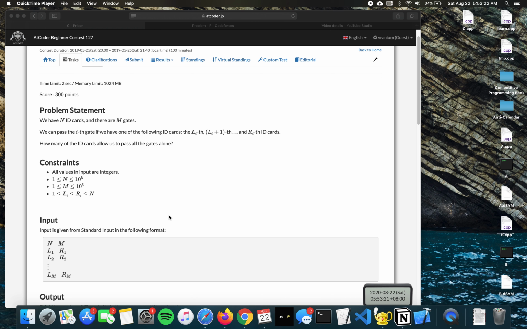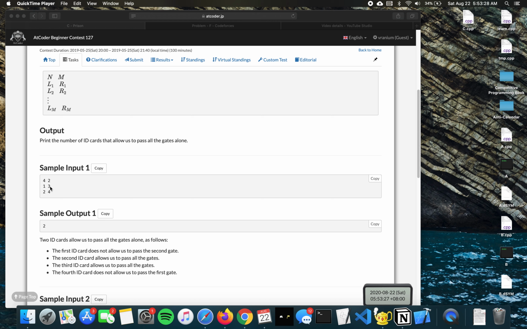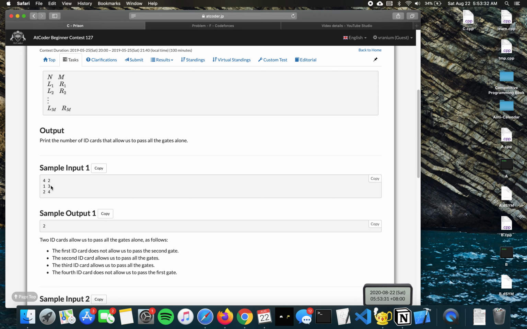Okay, so in the first line, we're given n and m, which is the number of cards and the number of gates. And then in the next m lines, we'll see which cards can go through each gate. So here, this is the first line after n and m, so this is gate 1. And in gate 1, it accepts cards number 1 all the way till 3, so 1, 2, and 3. And here, gate 2 accepts cards 2, 3, and 4, right? So this is the lower bound and upper bound, and they're both